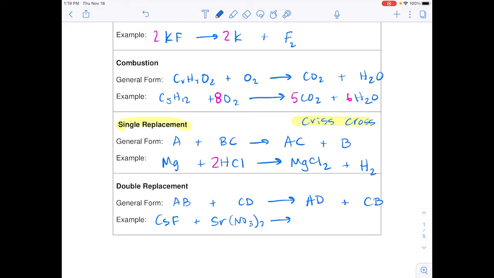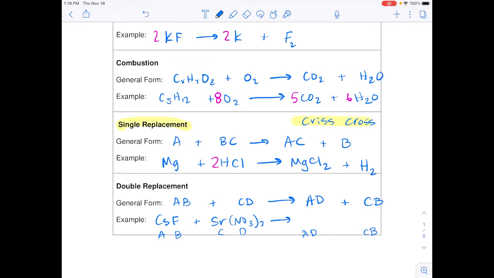Okay, and so it's helpful sometimes to label them, like the A is this one right here, this is the B, this is the C, and that's the D. And on the other side, A and D go together, and C and B go together in that order. You're putting 2 things together this time, you need to crisscross 2 times